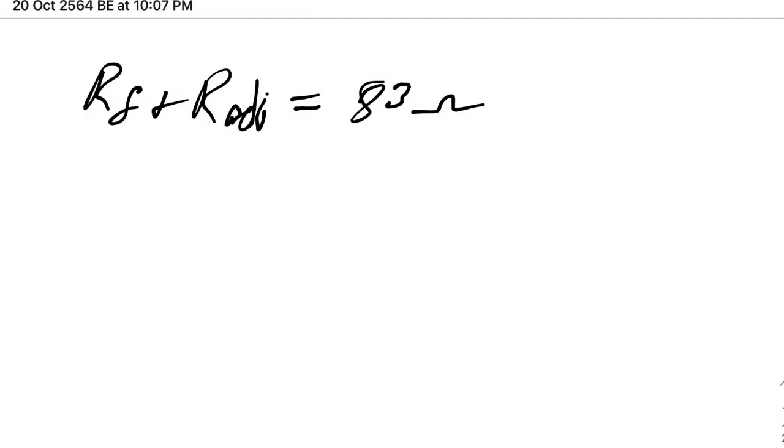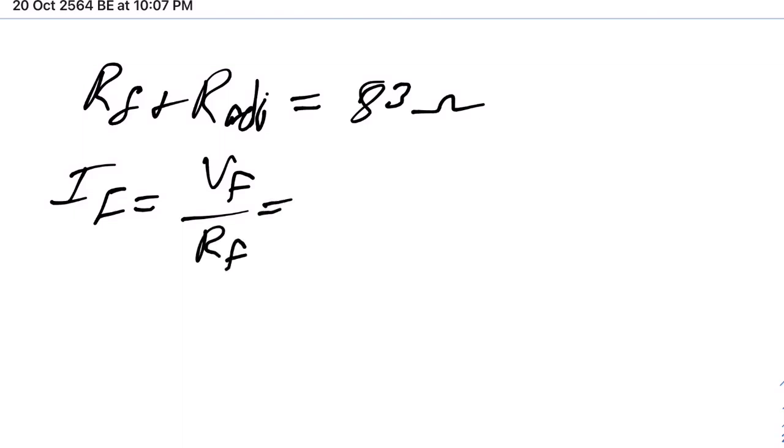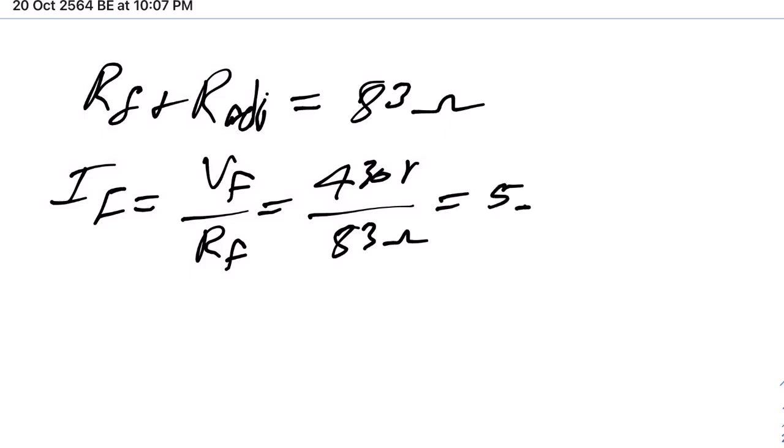So the field current in this machine, IF, will equal VF over RF total, Ohm's law. So 430 volt over 83 ohm. The answer will be 5.2 ampere. From the machine's magnetization curve, this much current would produce a voltage EA0